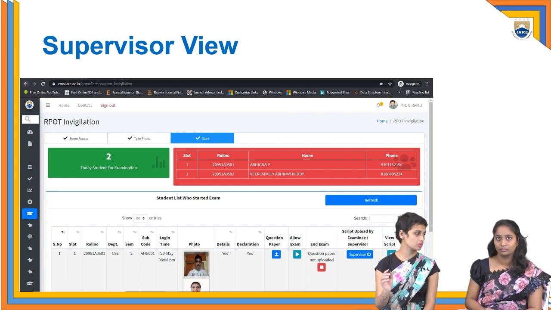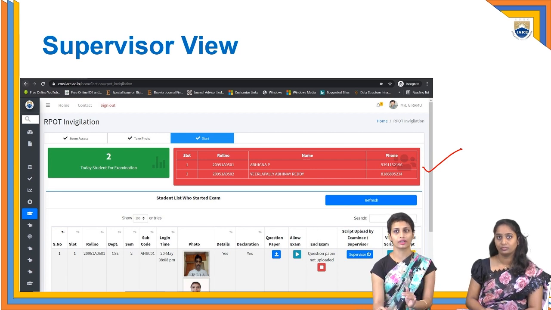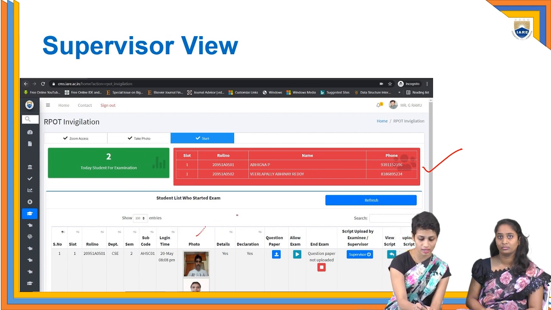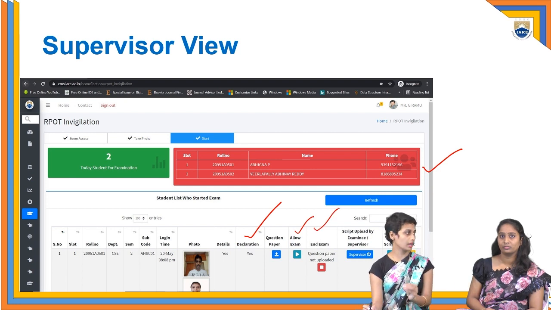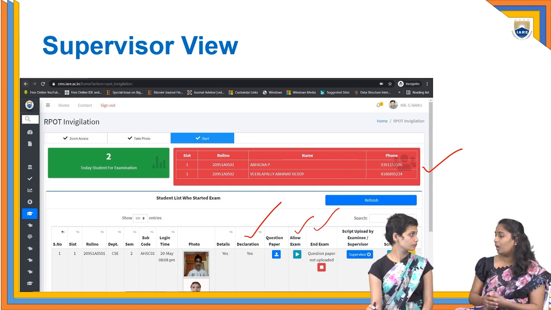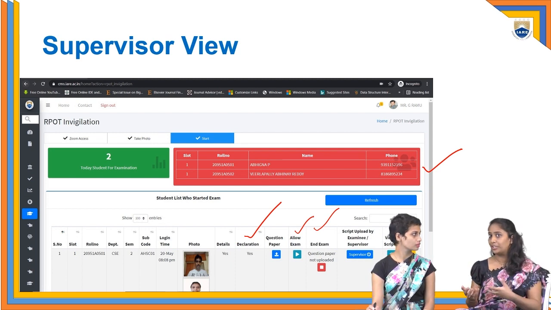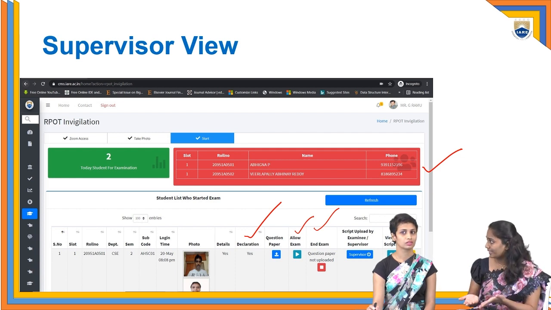The students who are assigned to the supervisor, their details will be given like this along with their contact details, and also the students' complete details like their photo, their details, and their declaration. The supervisor will also have the facility to allow the exam and end the exam at any point of time. And also, when a student is doing any malpractice or any suspicious things, the supervisor has a facility to cancel their examination